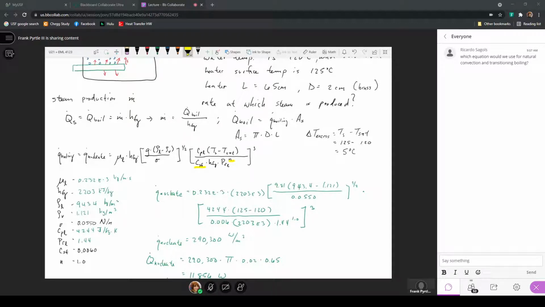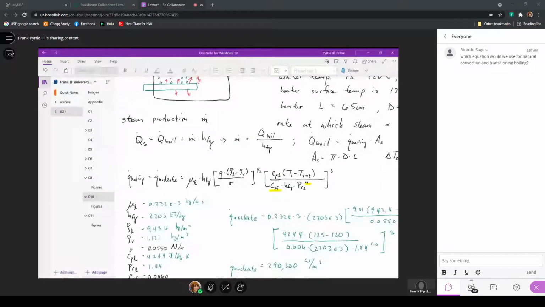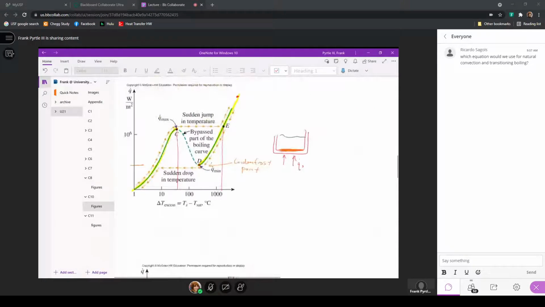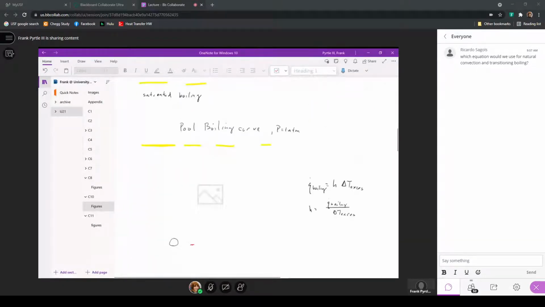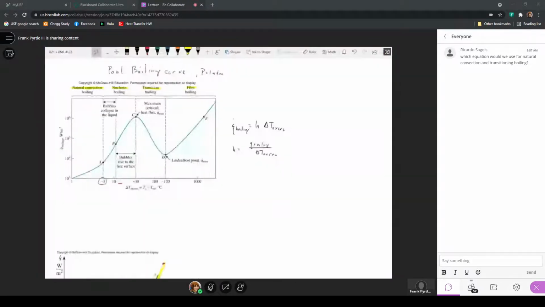Now, for most engineering applications, when we're considering boiling, just going back to this expression of the pool boiling curve, when boiling is being used for heat transfer, whether that be in a heat exchanger, or for flow boiling, or if it's a boiler, this range is where we typically operate, which is the nuclear boiling, because again, for the same heat flux, we have a choice of operating in the nuclear or the film boiling range. If we want to support a given heat flux,